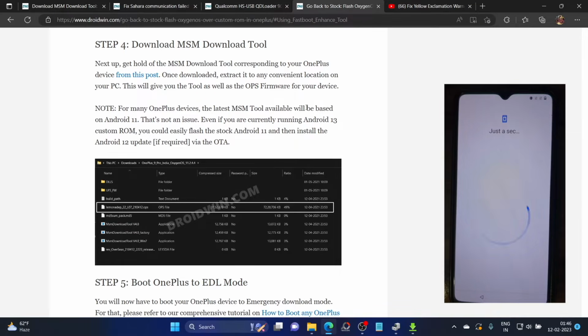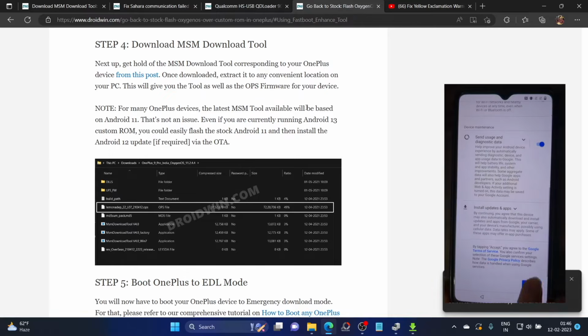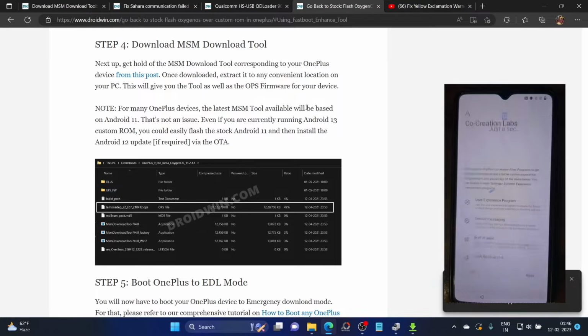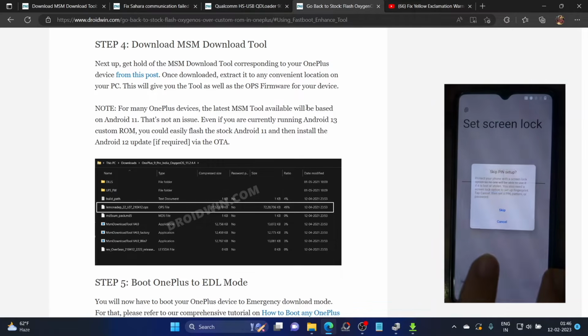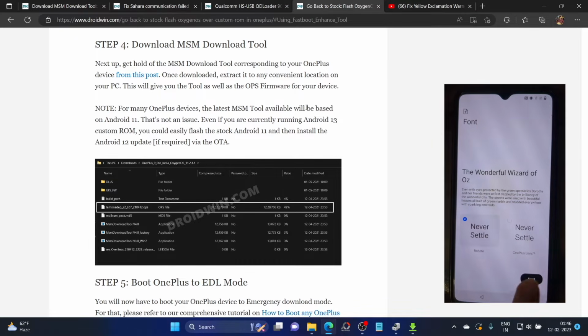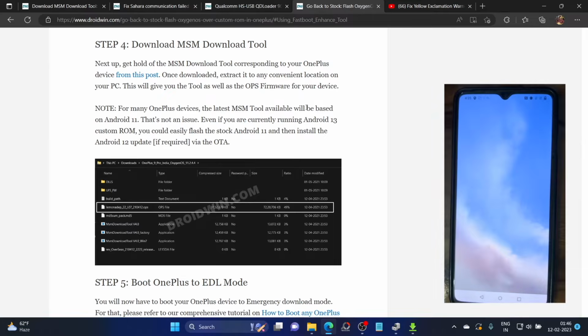Anyways, as you could see, my phone is now booted. So currently it's on Android 11 and the bootloader will be locked. Let me just skip the process and I'll directly show you the OS skin. Let me set up offline. So let's now carry out this task and hit the accept button as well. Agree and then skip the screen lock.